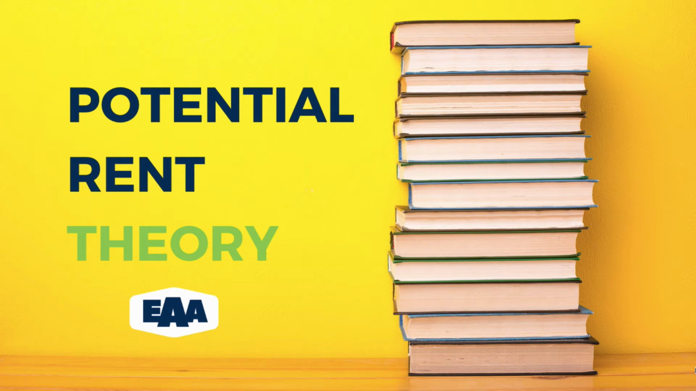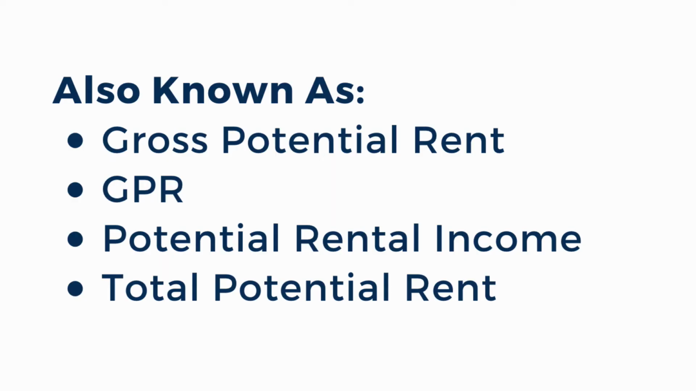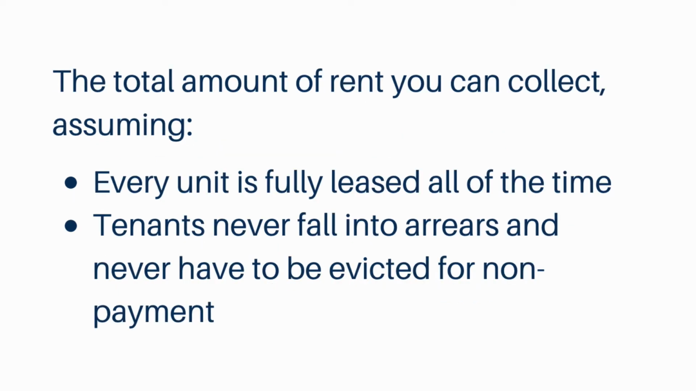The first part of any income section is potential rent. It goes by many names: gross potential rent, potential rental income, total potential rent, GPR, whatever it is. The one consistent word in there is potential. We are going to define total potential rent as the total amount of rent you can collect, assuming every unit